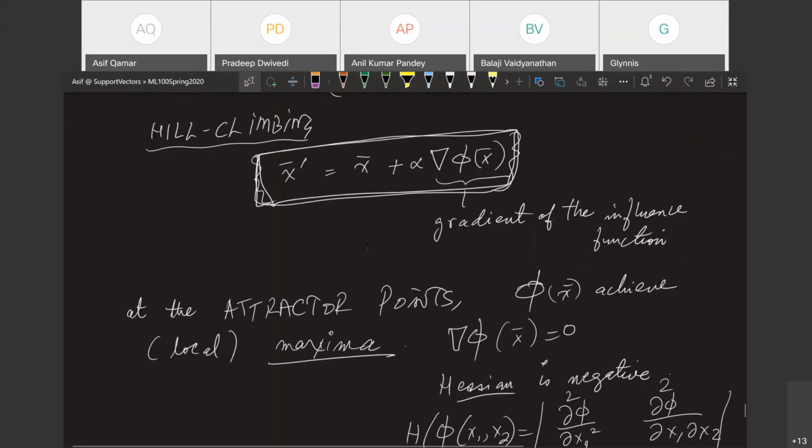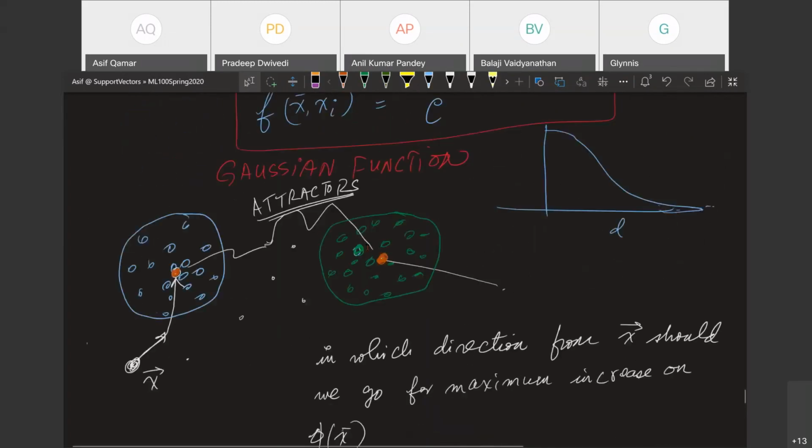So let me elaborate on this. Suppose I have a white point here. I'll put a question here: is this point a part of the cluster or not? It depends upon where you put the cutoff on the total influence. If you say my total influence should be at least, let us say, 0.1, I'm just taking a number, 0.01, then this point may or may not fall into your cluster. It may be declared an outlier or it may fall into your cluster. Are we getting it?